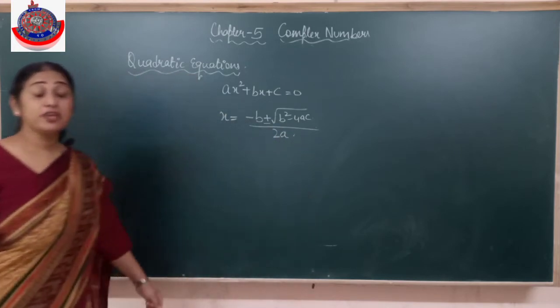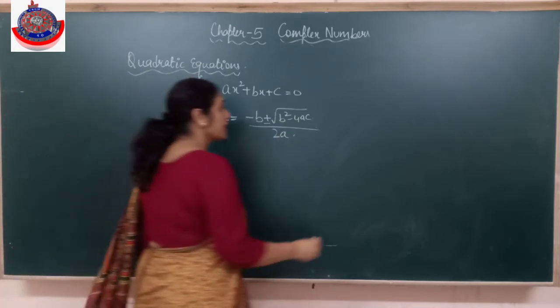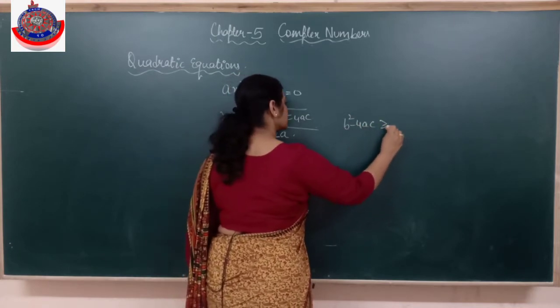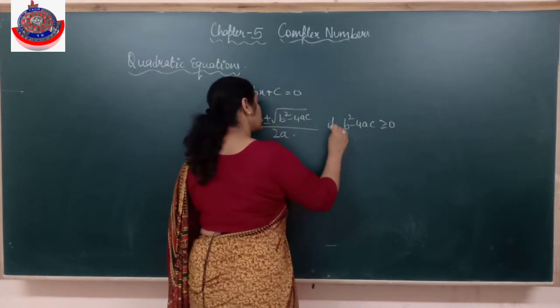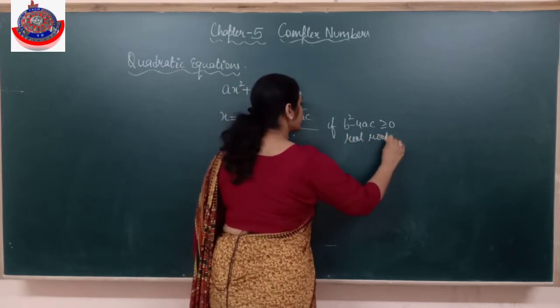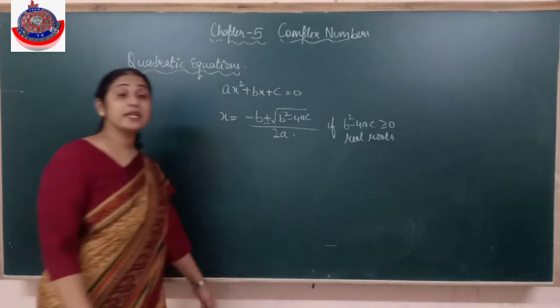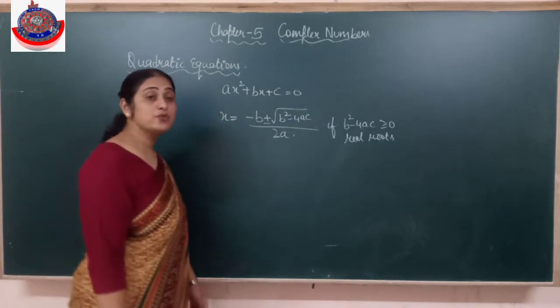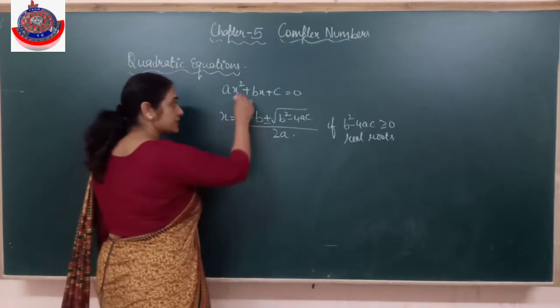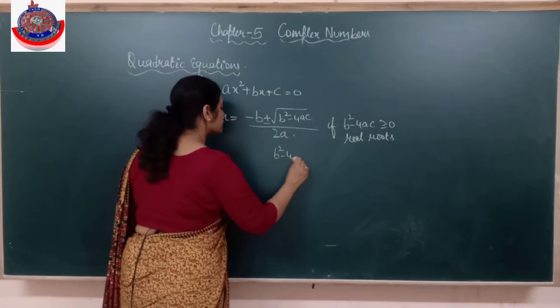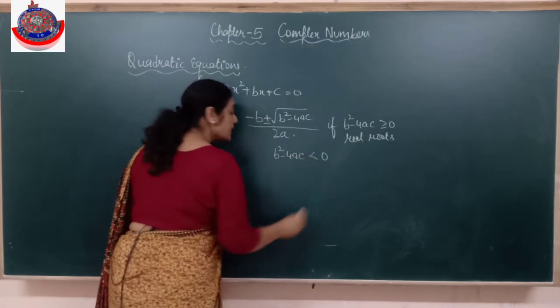Clear? And we used to solve it in class 10th, and then we say the real roots. This we did in the beginning of the chapter, but now we are dealing with complex numbers, which are not real. That means here we will be able to find the solution of your quadratic equation when b square minus 4ac is less than 0.